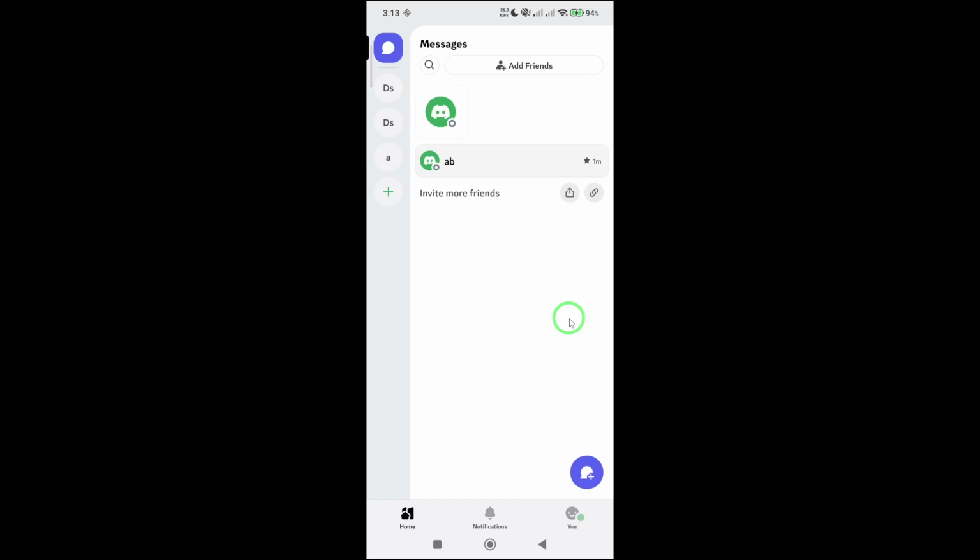After that, Discord automatically sends the GIF directly into the chat. There's no extra confirmation needed. It's fast and